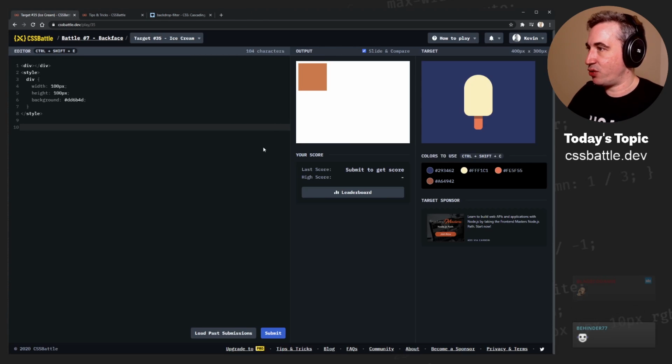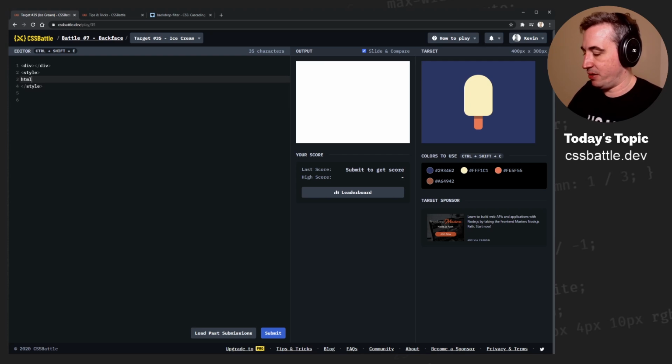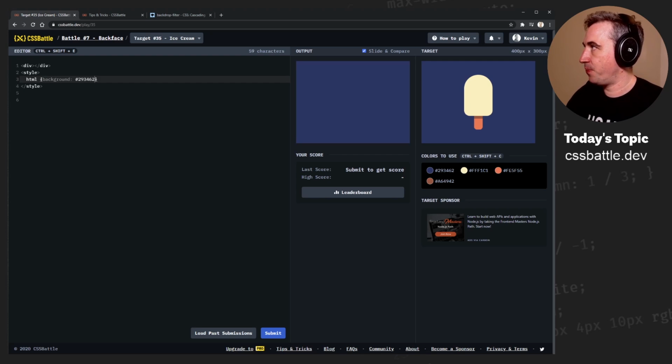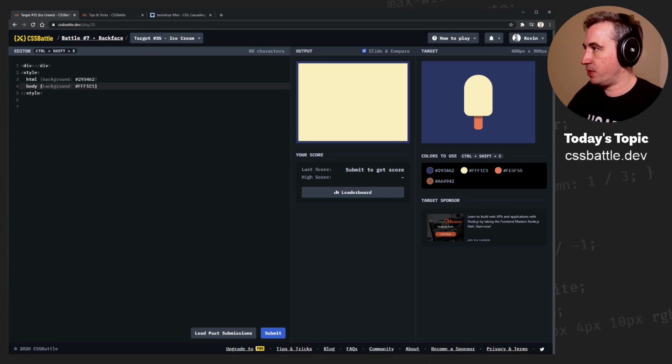Alright, so yeah, let's try this ice cream because I don't think it's going to be too complicated. So let's start with, so I guess here, let's do my HTML. We'll see if we can cheat a little with that. Background is there, and then my body, we'll give that this one. Background is that one. And, okay, that one's gonna have to have multiple lines of code, so